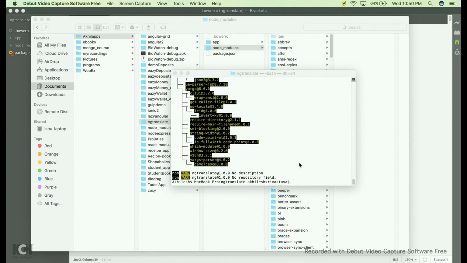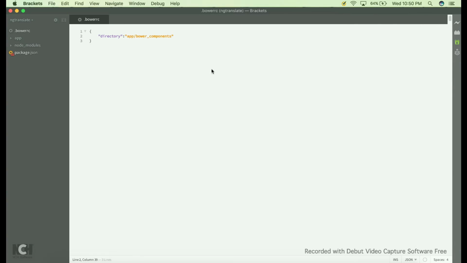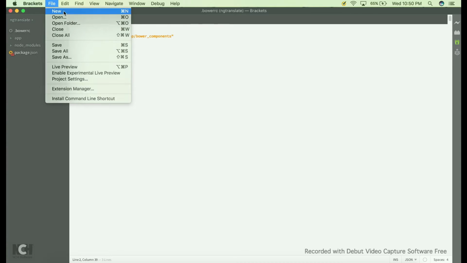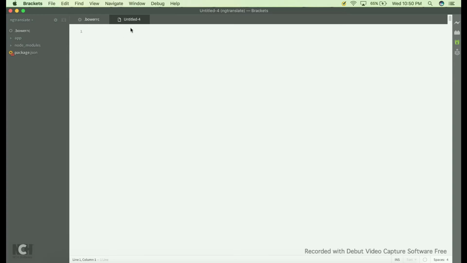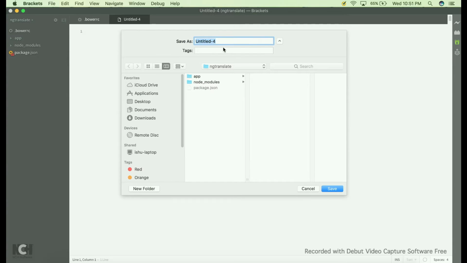So once this gets complete, we will go to our IDE and create a new file, and I will call this file gulpfile.js. So let's go ahead and save it. So we'll call this file gulpfile.js,